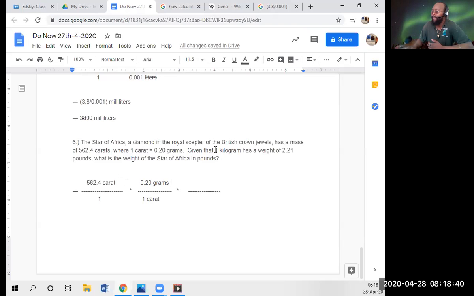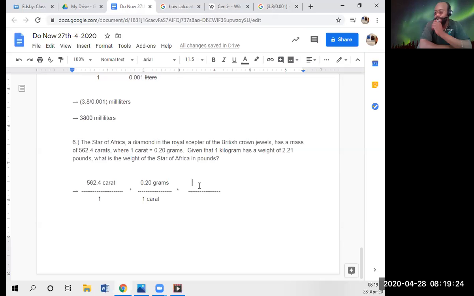It says 1 kilogram. Notice it says given. I'll tell you, it's very specific in physics: given, and then they'll give you all your values, put that in your knowns. And unknown, what is it asking you? So 1 kilogram, this is what I want to highlight, has a weight of 2.21 pounds. So that's another equivalent factor or conversion standard, right? So what do we put here in the top, our numerator? We want to cancel out grams, right? But I foresee a problem, because you can't cancel out grams with a kilogram. You've got to say what it is.